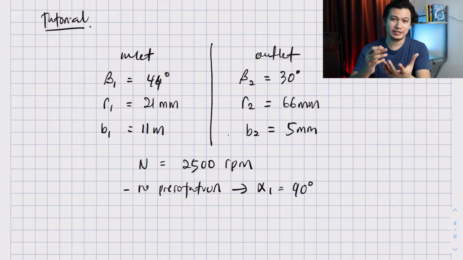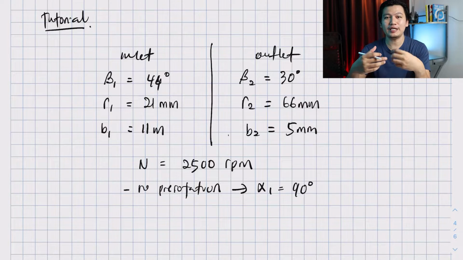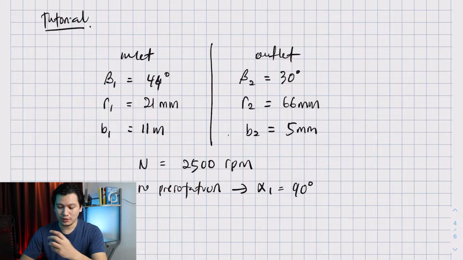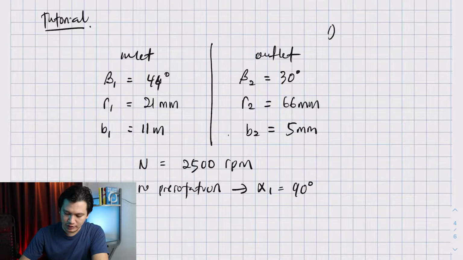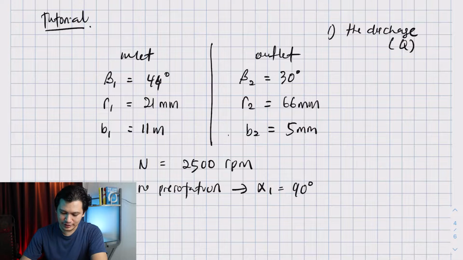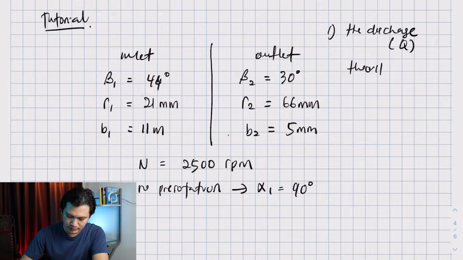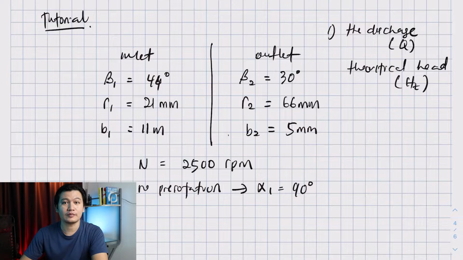Now, what does the question want? Because the question gave you many inputs, many values, usually the question will also expect you to produce many calculations or many outputs. So in this specific tutorial, what the question wants is, first, the discharge. Okay, and discharge is Q or volume flow rate, right? And then it also looks for the theoretical head, which is HT. Okay, and then it also looks for the required power,